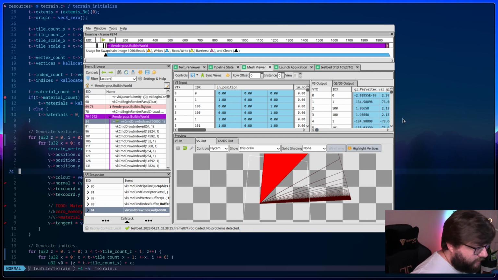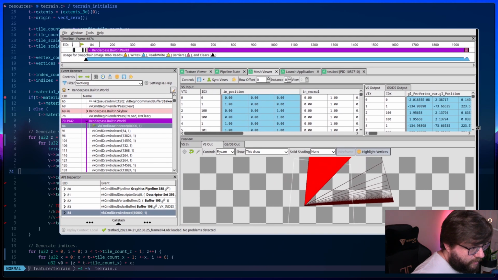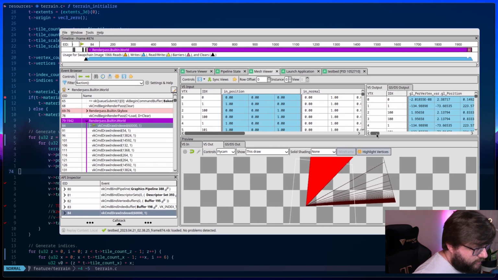Can I expand this a little bit? So the GL position here. I mean, yeah, these things are all over the place. I've got something that is not being passed correctly here. It's like these are all over the place. So my data is coming in correctly. It's just not being transformed correctly for some reason.